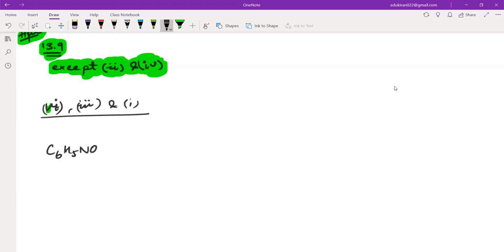So 6th one. C6H5NO2 in the presence of Fe and HCl. What will I get here, guys? Fe and HCl. NO2 will be converted into NH2, है ना? NO2 will be converted into NH2. You will get C6H5NH2. Okay. After that, we are reacting this with